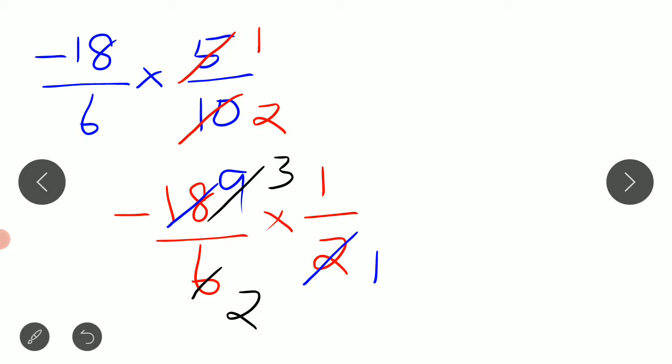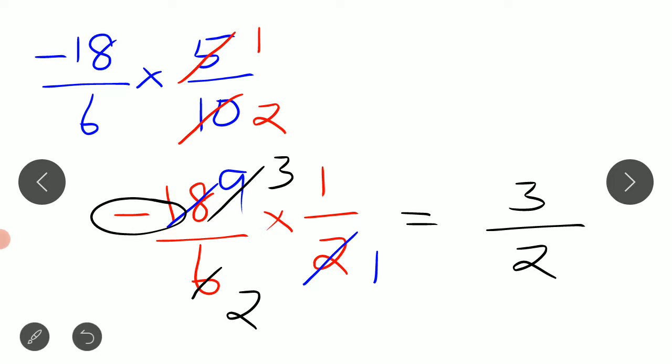Now the remaining factors: numerators 3 and 1, and denominators 2 and 1. Now you can see whether there is any numerator and denominator having a common factor. No. So let's multiply the remaining numerators. 3 ones are 3, 2 ones are 2, and the negative remains, because already in the beginning itself, minus into plus is minus, a single minus only. So we will have in the answer minus 3 by 2.